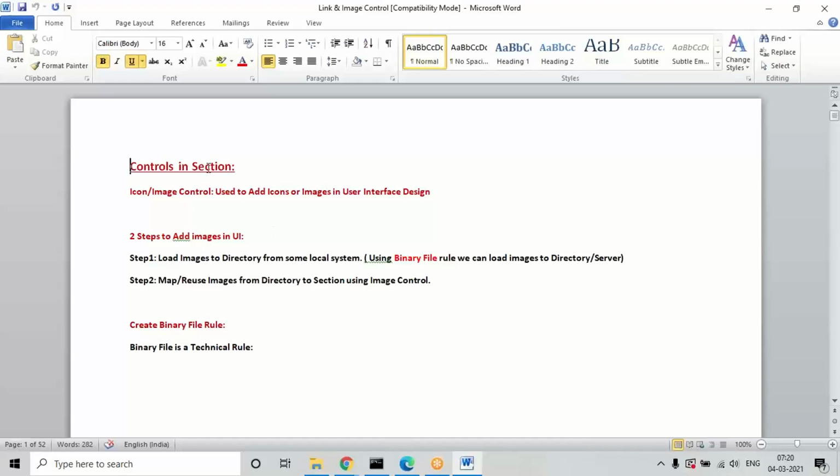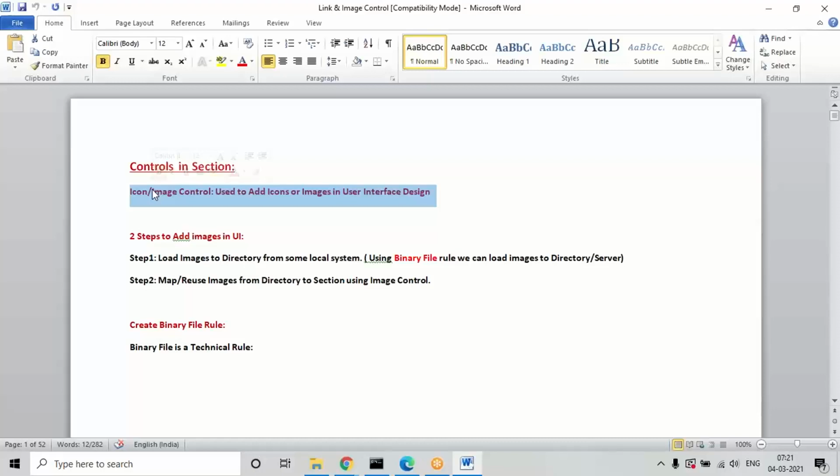Before that, one more thing I want to discuss before working on local action: how to work on some UI controls, like how to load images in the UI design. Any images, small or large, a separate team will be working on that, who has knowledge of image designing. The task will be routed to them. What size of images they should design and all, a separate team will be there for that.